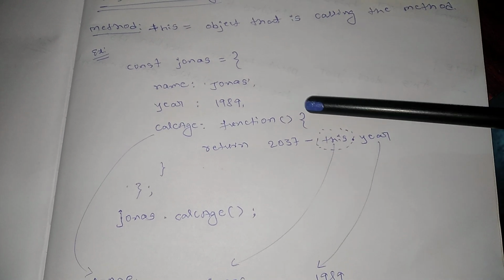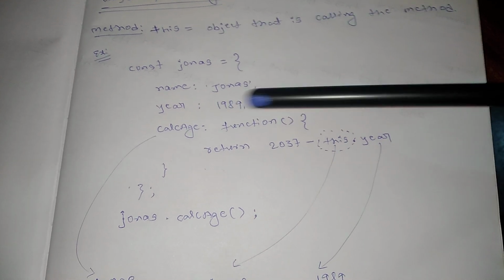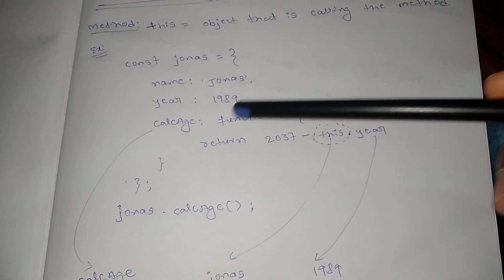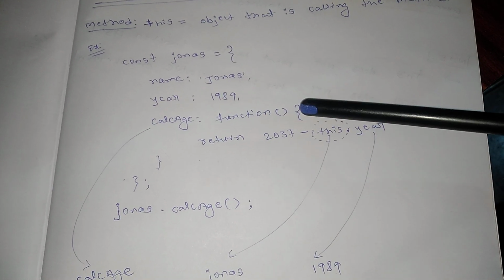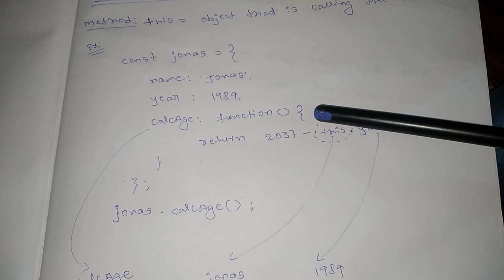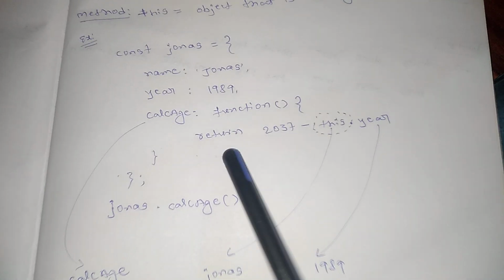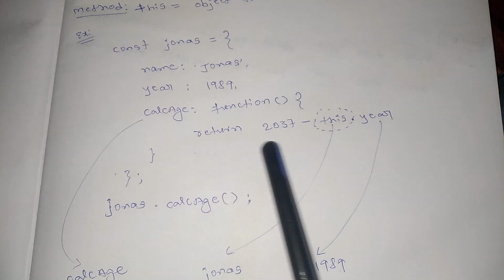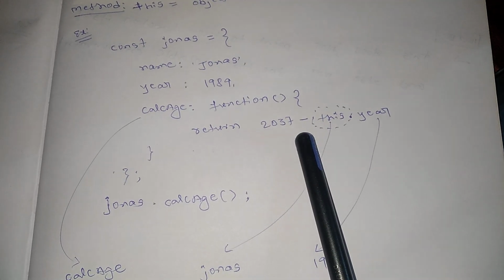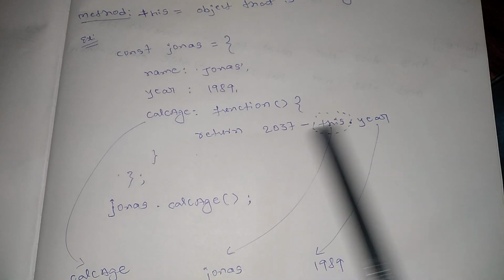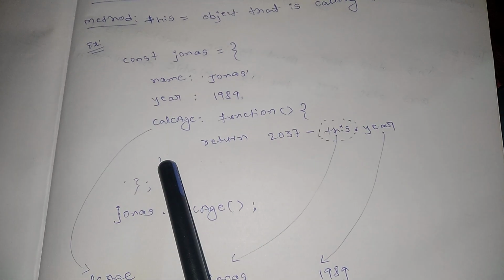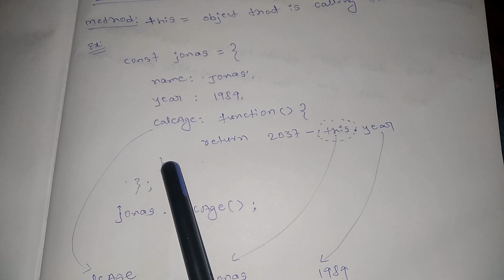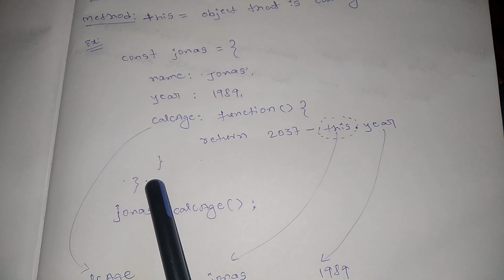So there is a function which is calcAge, or I can say it's a method. In this one we have got a simple thing like return 2037 minus this.year, and the function is closing here, the calcAge method is closing here,